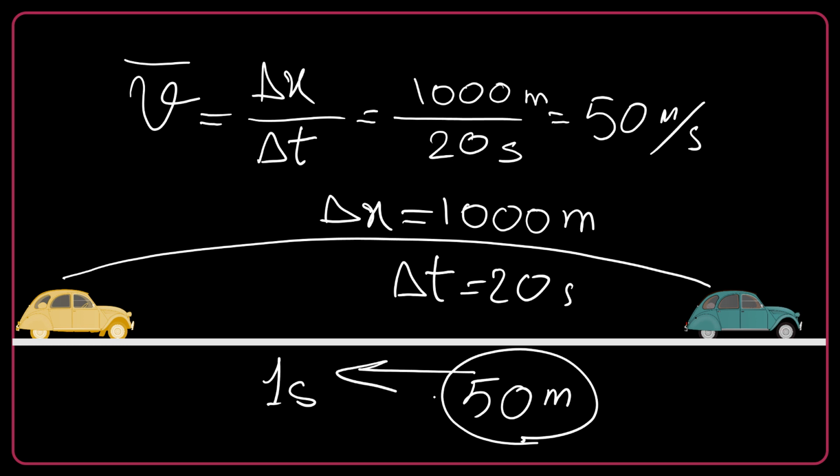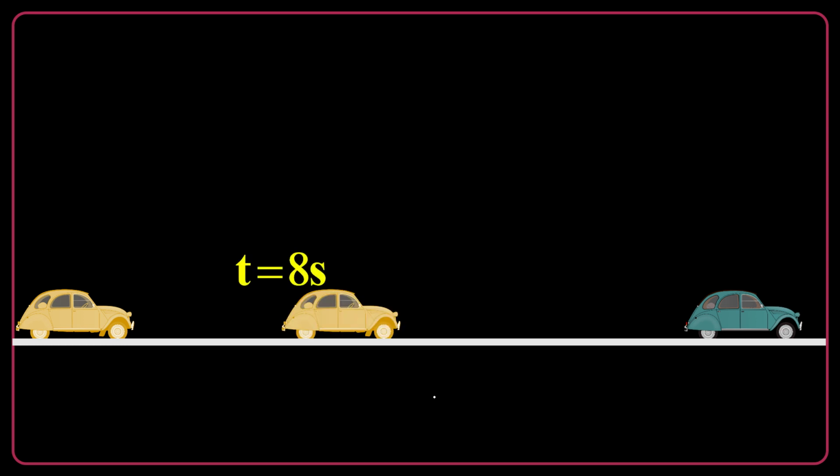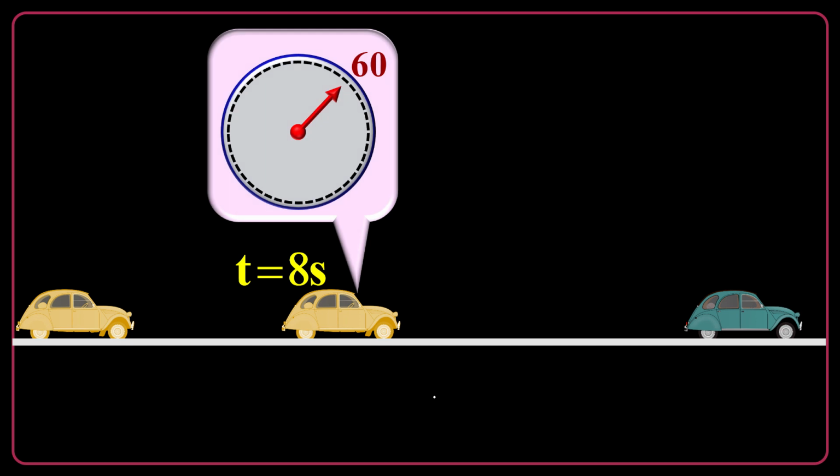What about the special moment? For instance, at t equals 8. Do you know how much is the speed of the car at that moment? No. Average velocity is just telling you a whole view over the motion. It is not telling you the exact value of the speed at the special moment like t equals 8. What should I do for that? Basically, we should check the speedometer of the car. Let's say the speedometer indicates 60 meters per second.